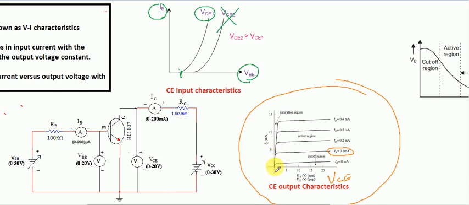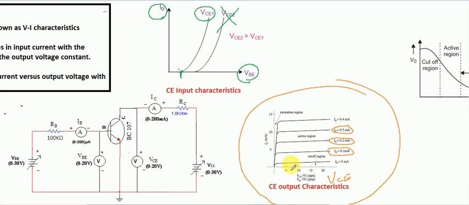Initially you can see there is almost no current flow. But after that, a steady current flows. So this is the variation of IC with respect to VCE while maintaining a constant value of base current. When you increase the input current, that is the base current, you can see that the output characteristics also vary. Again increasing, and you can see this is the type of variation in output characteristics.